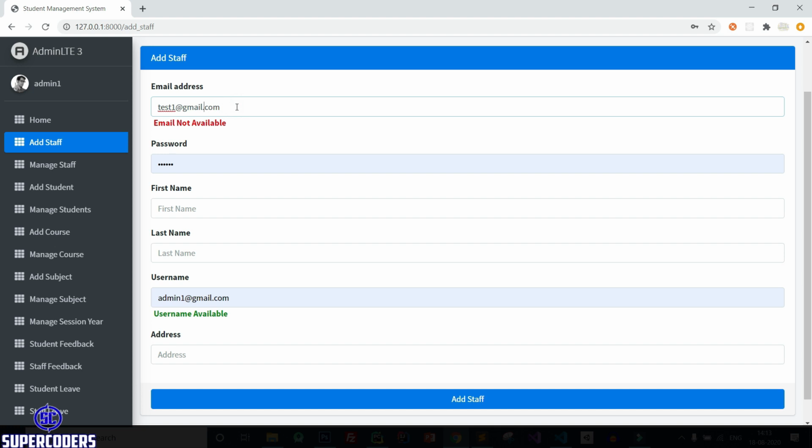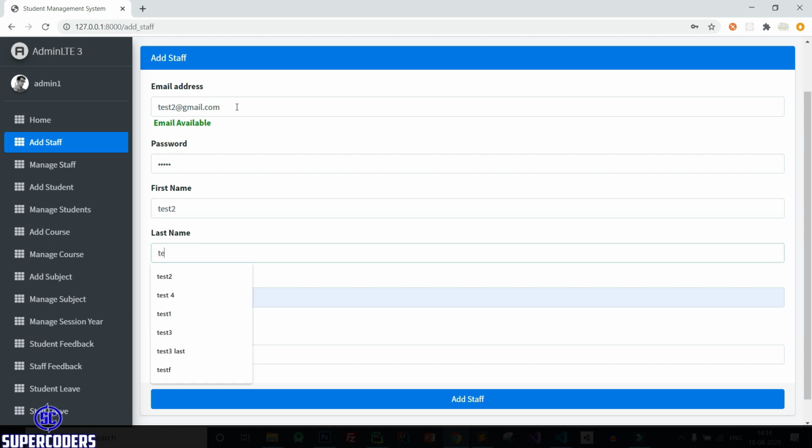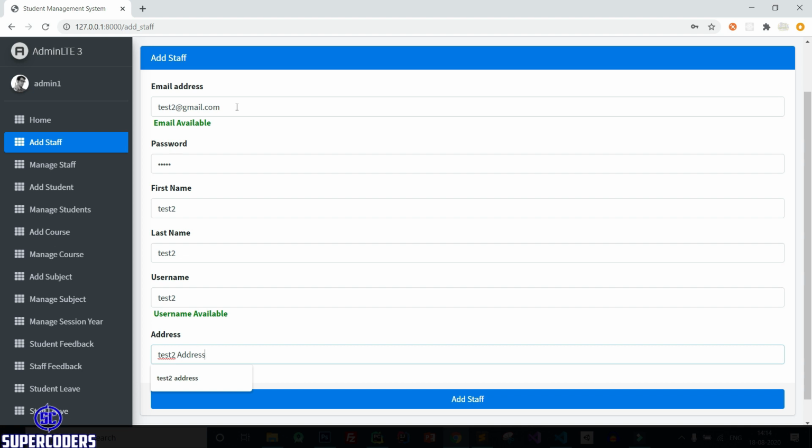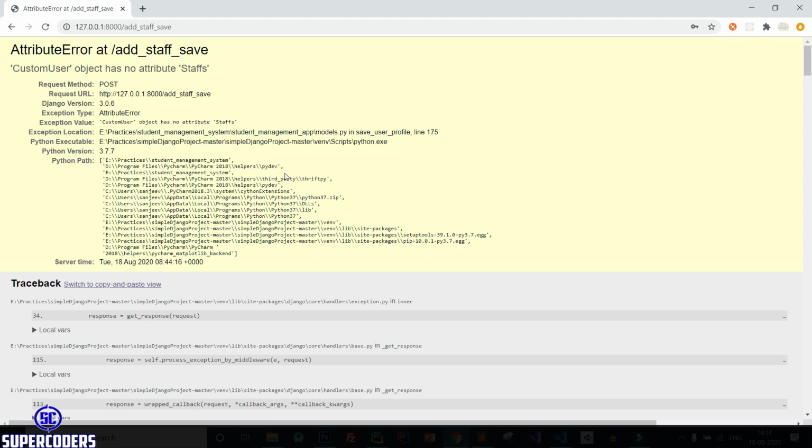Okay, change this to test2, test2, test2, then test2, test2 address. Click on add staff, and you can see the error: custom user has no object Staff, so you need to change